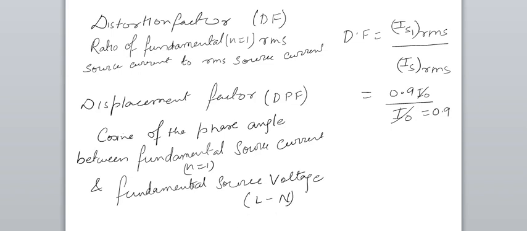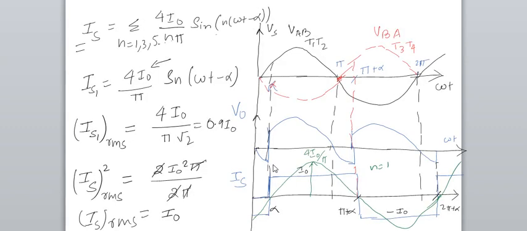For a three-phase system, always remember there is also a line to line voltage. That's why for a single phase we use line to neutral only, but for a three-phase system there will be a line to line as well. So these two definitions go for three phase also. So this is the cosine of the phase angle. For displacement factor, you must check the waveform.